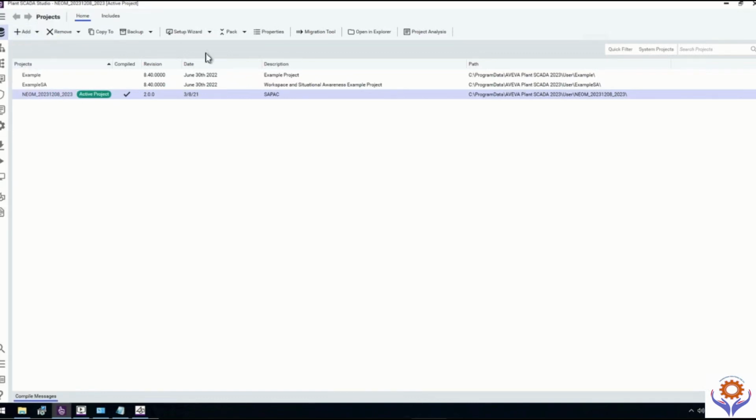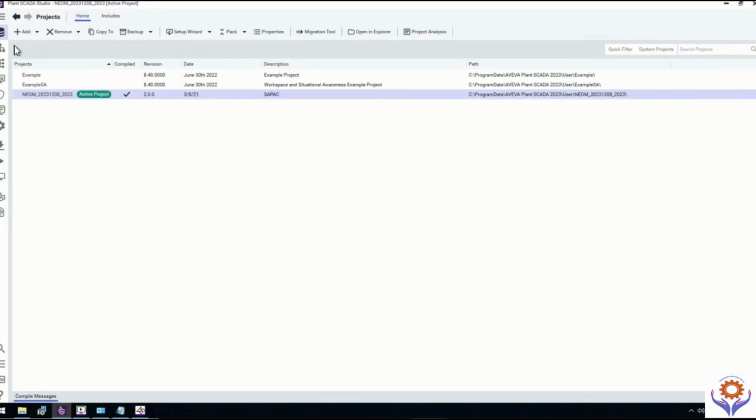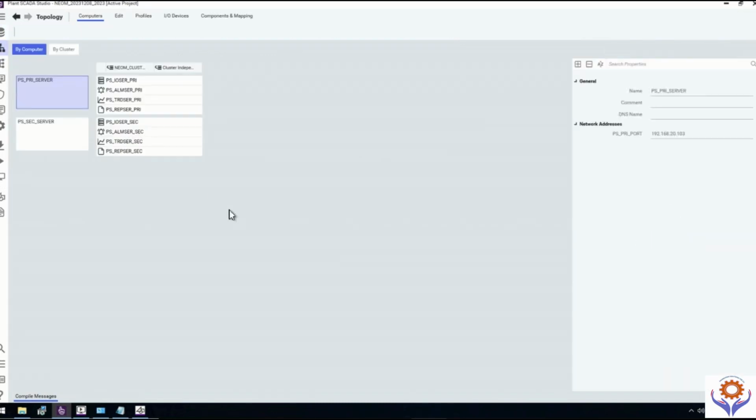Okay, and you can see all the projects in here. If you go to Include in the upper side, you can find the projects you included for the basic setups, for example, included projects. And the second one is topology, which is very important in any application